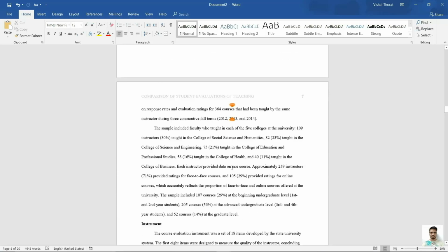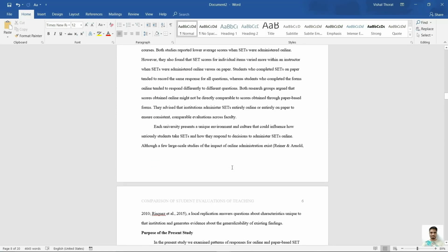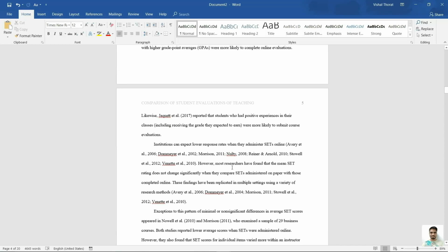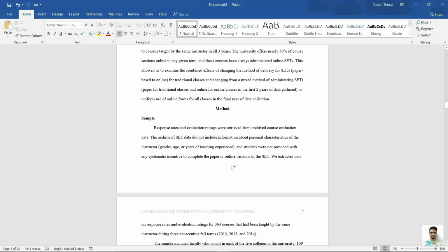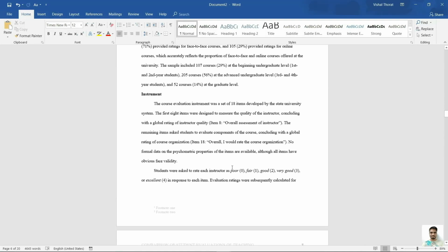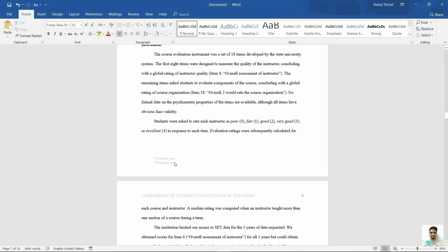Now we have footnotes only on page 7, which we desire. This way, you can insert unique footnotes in the footer section for whichever page you require.